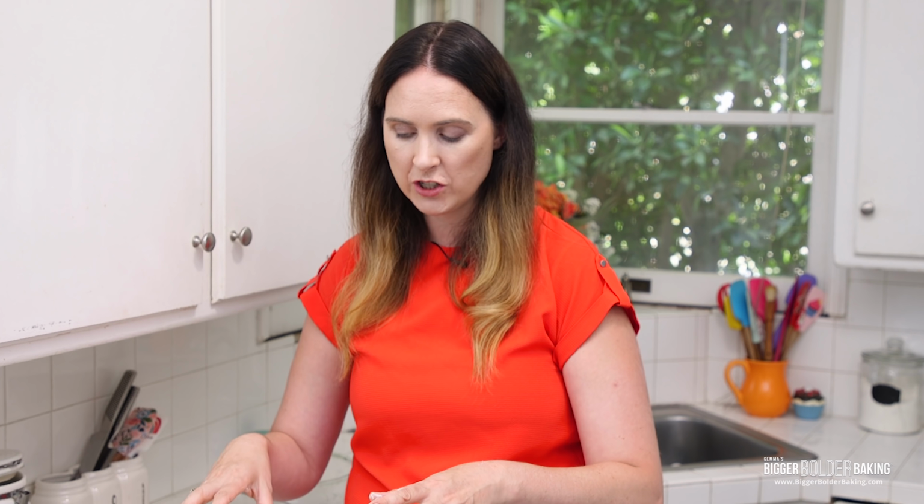And then what we're going to do is we're going to crimp the edges. Now you can do a lot of different things here. You can leave it as it is and not crimp the edges. You can get a fork and crimp the edges that way. What we want to do is press the 2 pieces of pastry together so they don't pop open in the